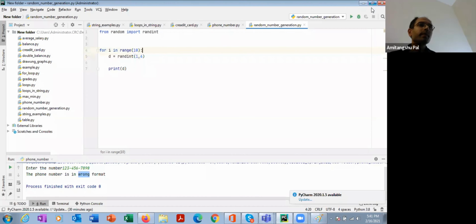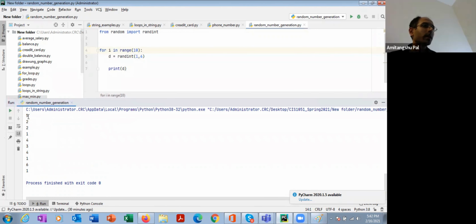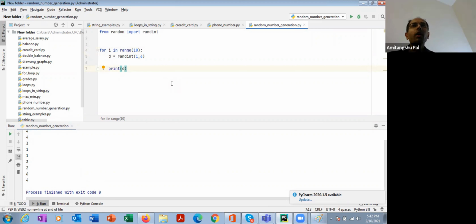Let's run it. You will see that the outcomes are 5 2 2 1 4 3 4 1 6 1. If you run it several different times it will generate different random numbers between 1 and 6. In this way you can imitate a random experiment. This is a very simple experiment, but we are going to learn more of such experiments. Clear?